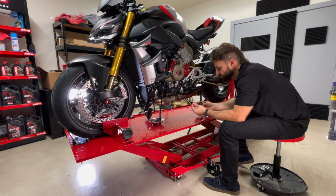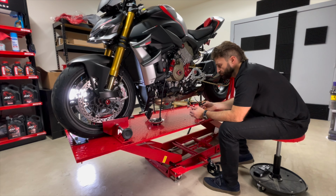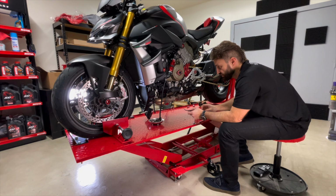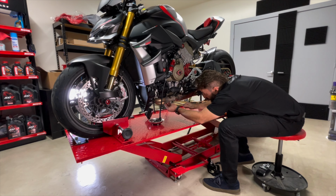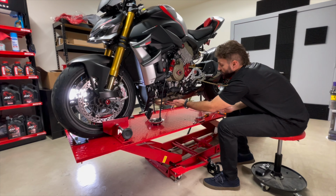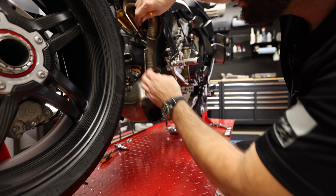And do be careful with these springs. I know a lot of people will use a zip tie or something like that, but you really want to get a nice metal exhaust spring puller, just because there's a lot of tension on these things and they can let go and end up across the room. This one as well. So we got those two off. And that is going to unseat it from the front bank of the header. And then over here we've got